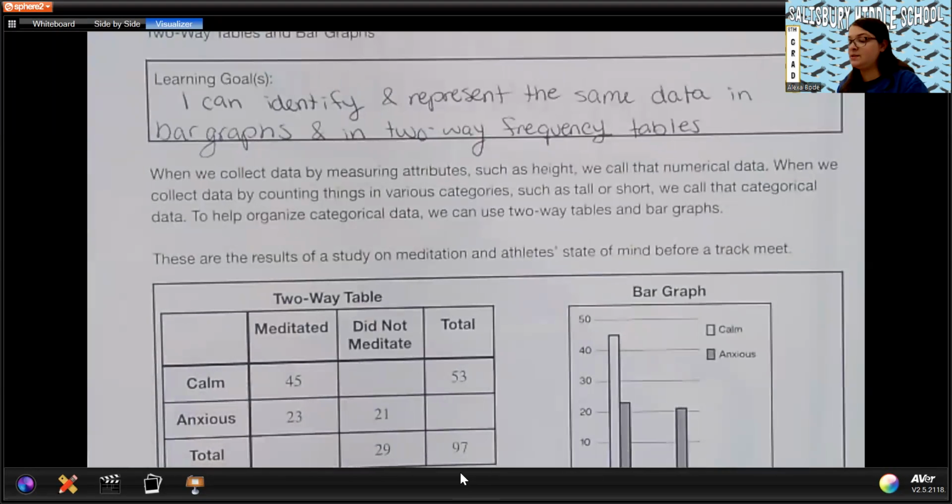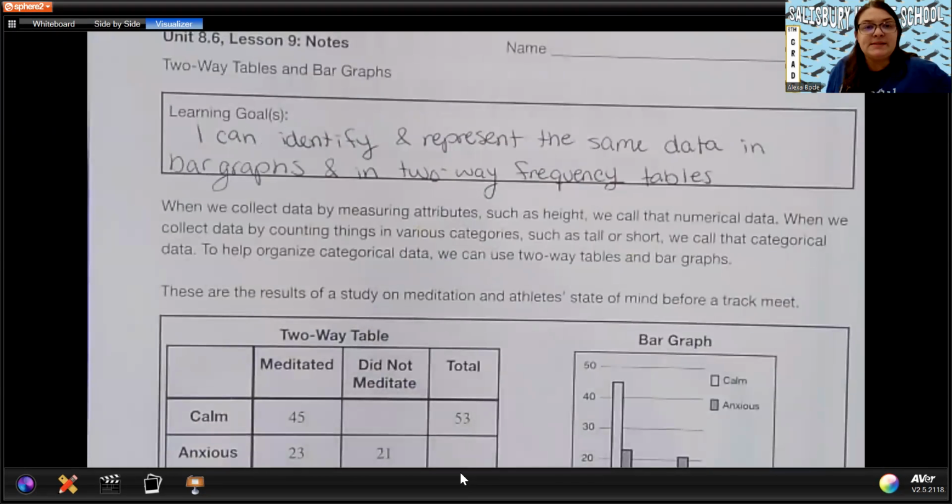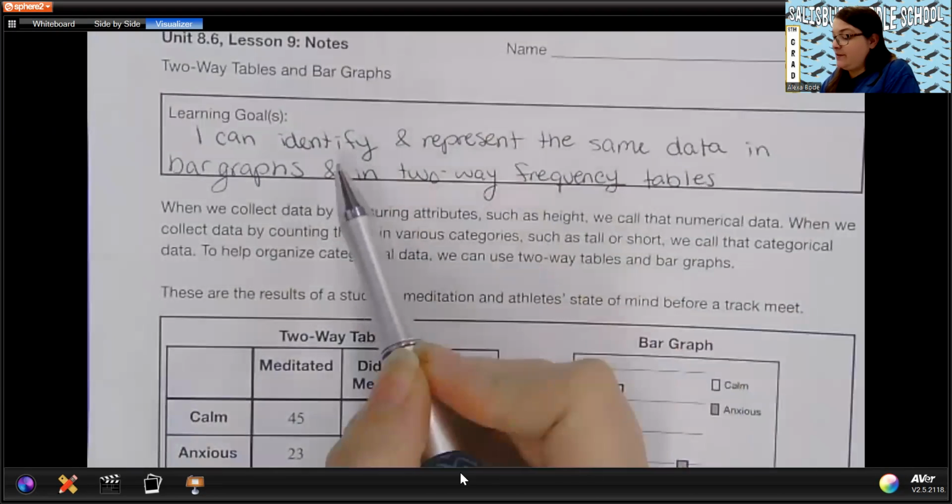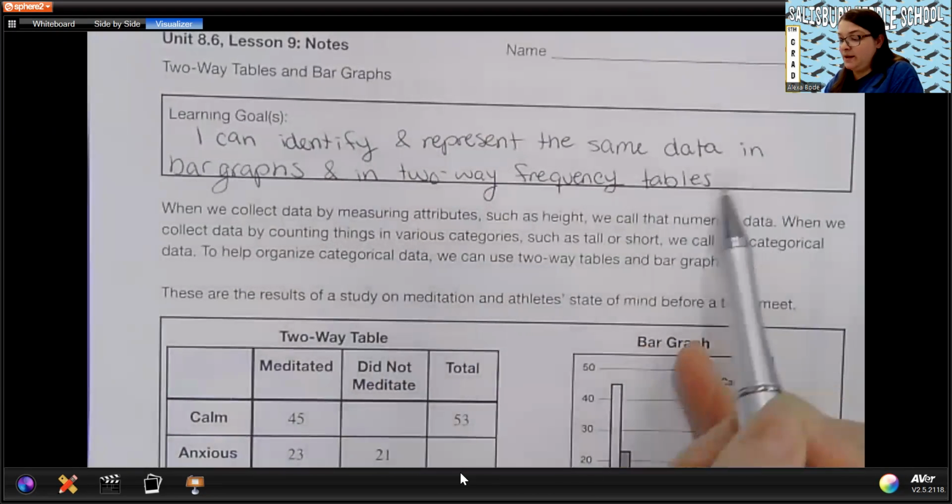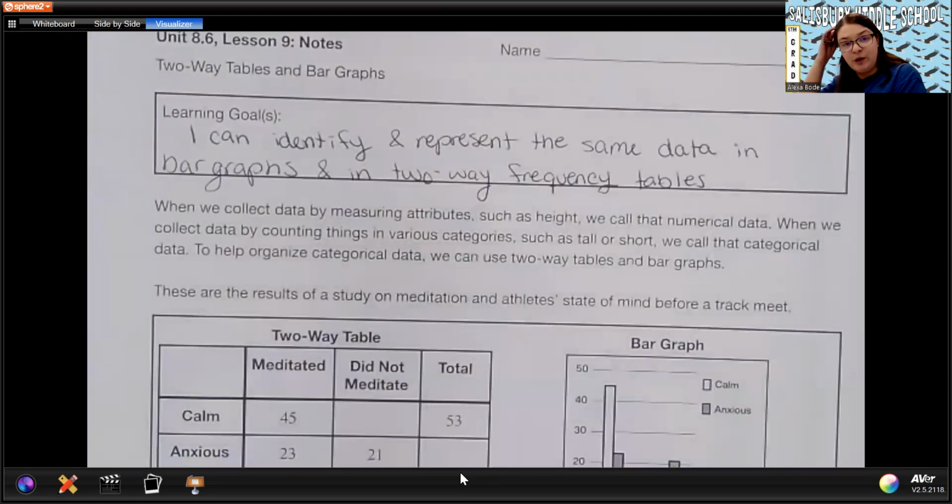Hello, everyone. Today we are doing Unit 8.6, Lesson 9 from Desmos. Our learning goal today is I can identify and represent the same data in bar graphs and in two-way frequency